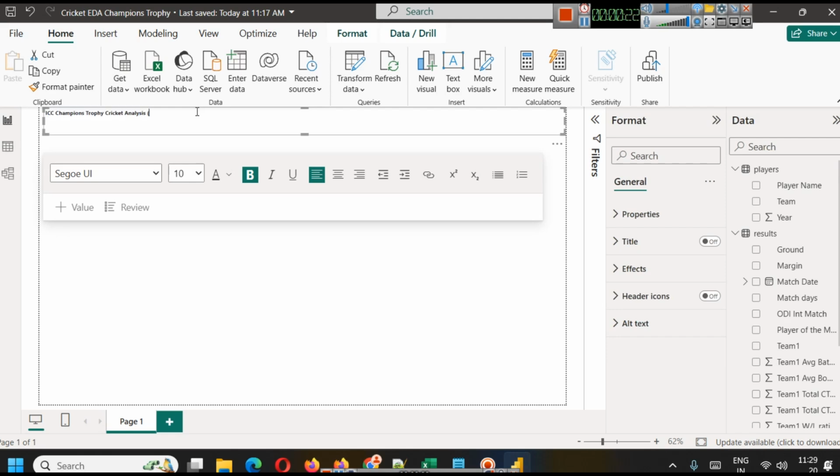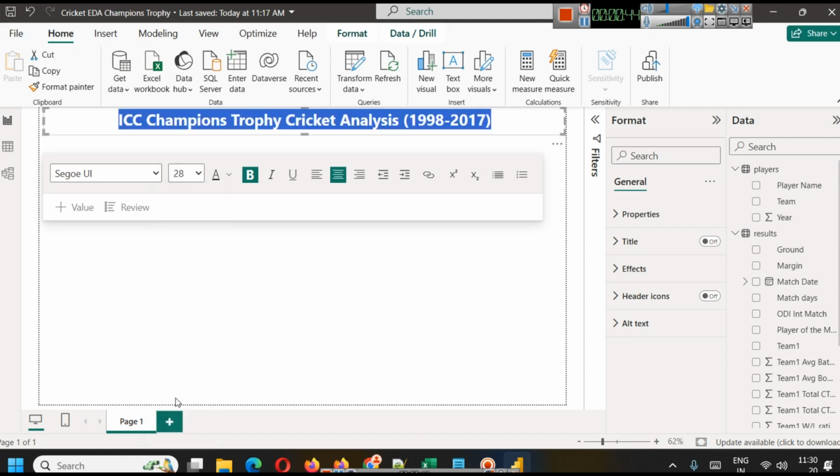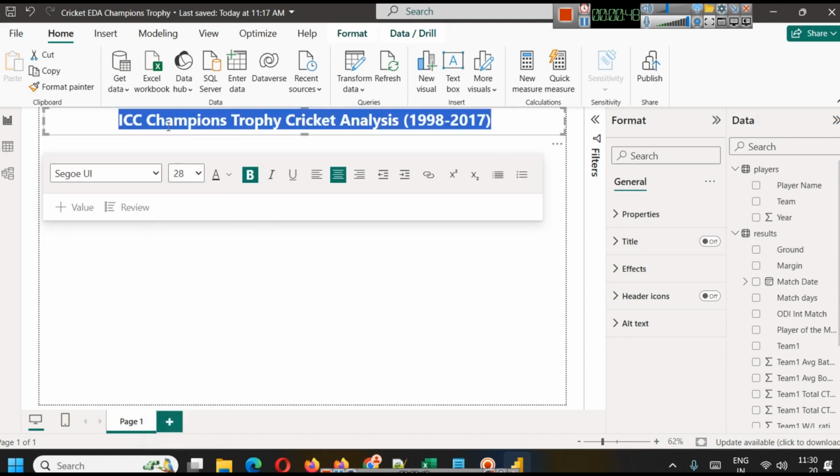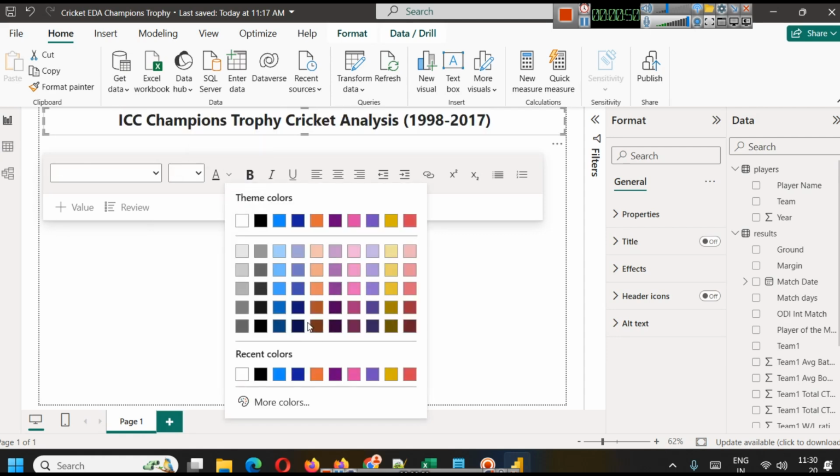and the data that we have is from 1998 to 2017. Currently Champions Trophy is going on. Today we also have the match of India versus Bangladesh for this year, but we have the historical data, so let's analyze this. And now we have the data here,